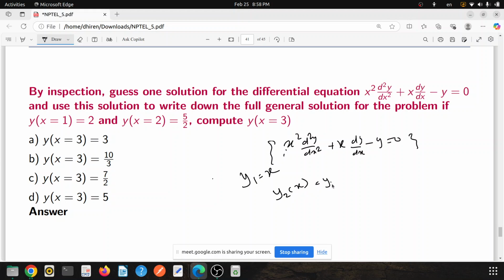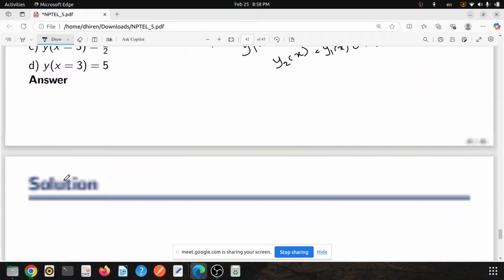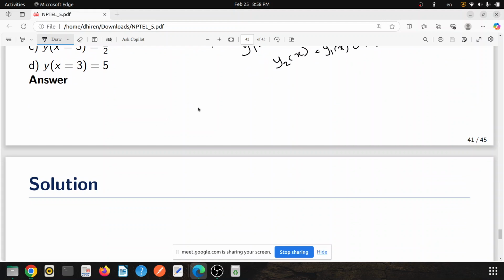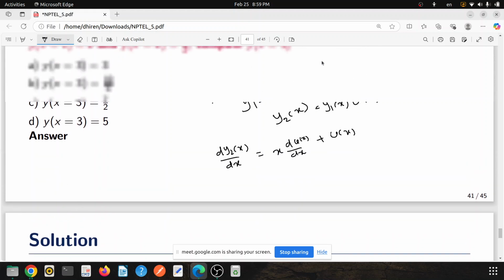y2(x) is equal to y1(x) v(x), that is x v(x). So thus dy2(x)/dx, if you take the derivative of this, then x dv/dx plus v(x). If you differentiate this,